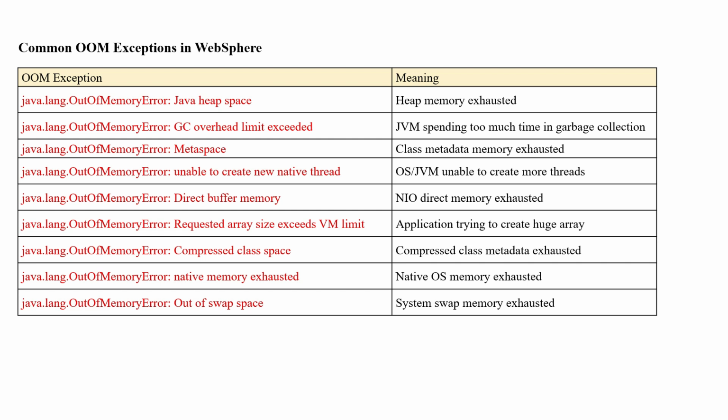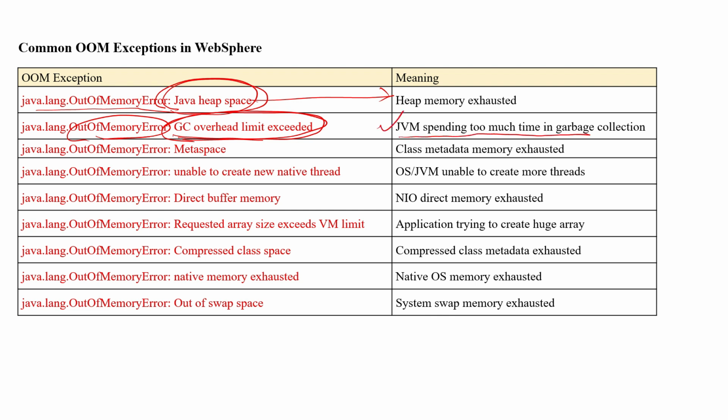Okay, so you will always see out of memory and then Java heap space. If it is a Java heap space, then definitely it is a problem with the JVM main memory. Then, if you are seeing an out of memory problem with GC overhead limit exceeded, that means the JVM is spending too much time